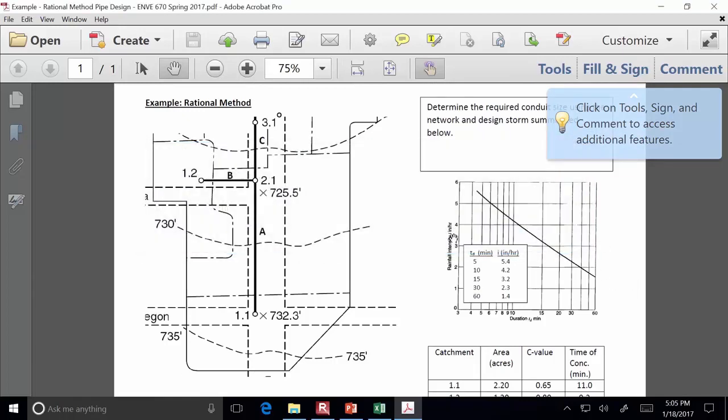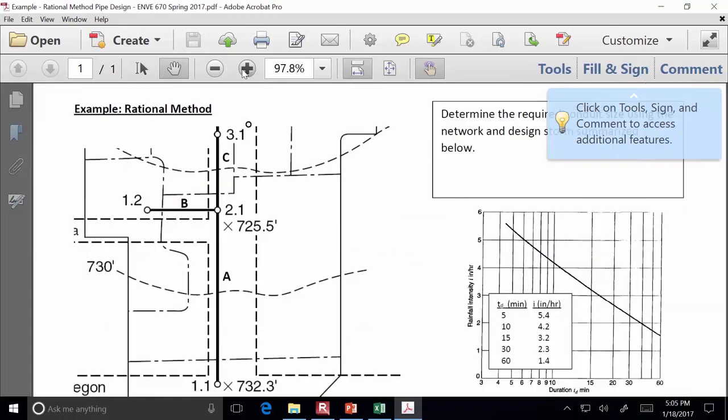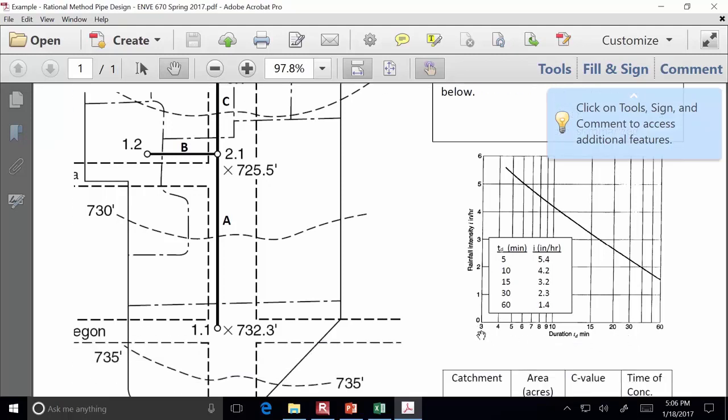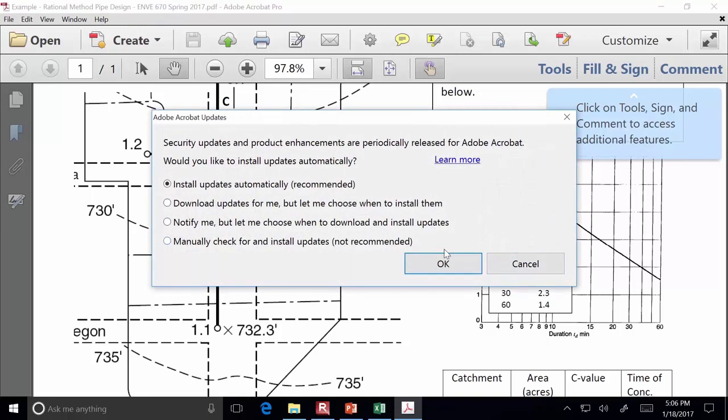And it's got an IDF curve on it. I think this IDF curve corresponds to the 25-year storm. So what it's showing is that for a certain duration, there's going to be a different rainfall intensity. And so some of the points taken from this curve is that if the storm duration is just